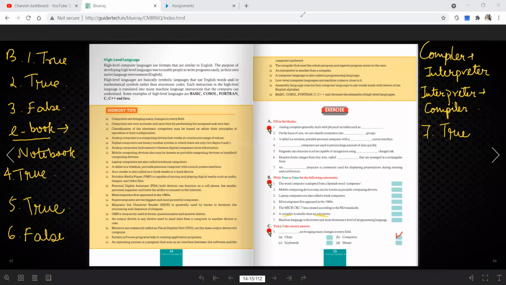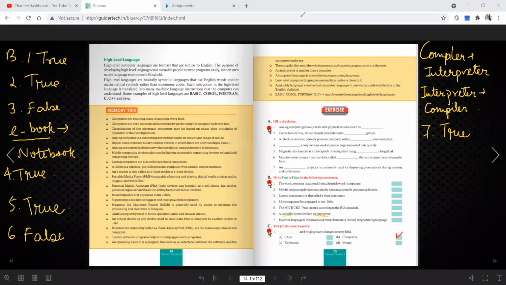Ma'am, in that fill in the blank, please tell the answers of question number 6 and 7. In the 6th blank, the answer will be pixels and 7 will be LCD. Ma'am, complete. Please tell the number 1 answer. Okay, fill in the blanks again. I'm repeating: voltage or temperature, okay, etc. Many things we can just put over here.